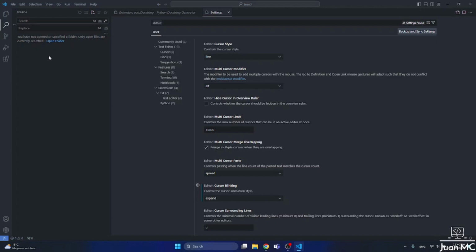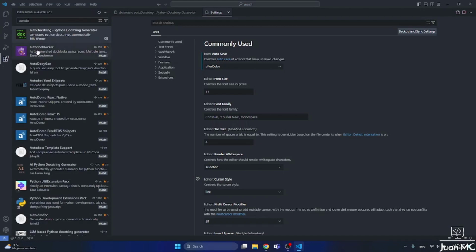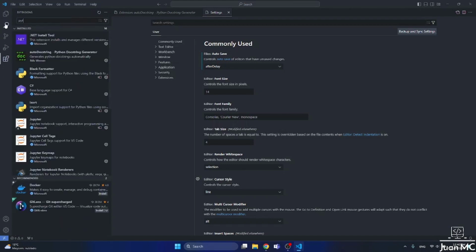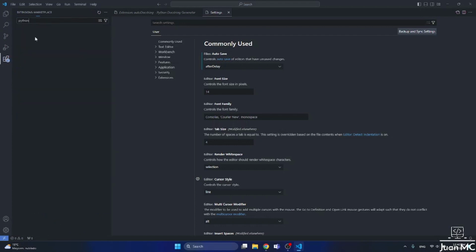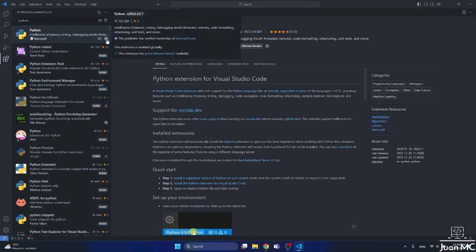modify our setting.json file. Okay, if I go here to settings and I remove everything that I have in the search bar, but before doing that I need to go to extensions, here Python, yeah, because I'm going to configure my setting.json file for Python. Okay, so here I need to select Python, go to the manage wheel,